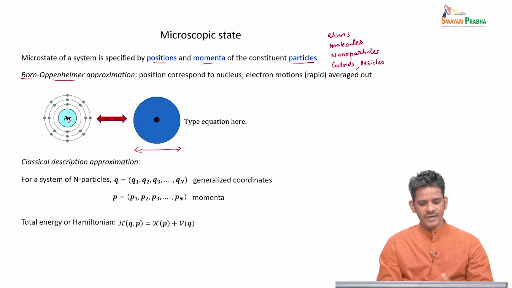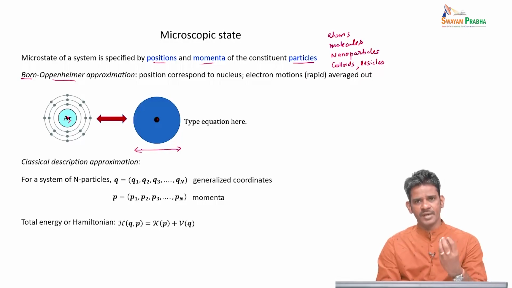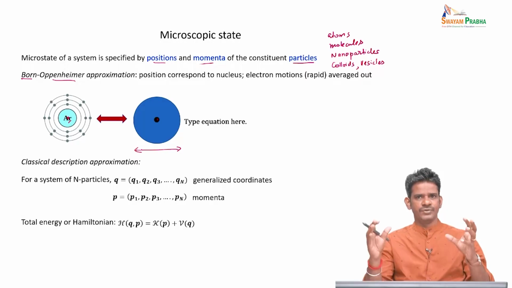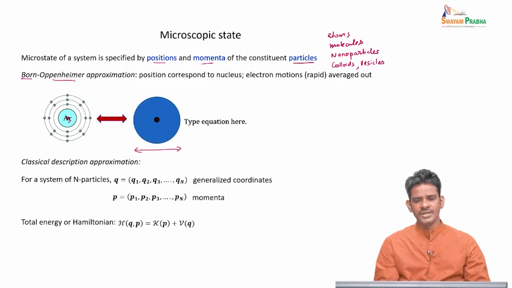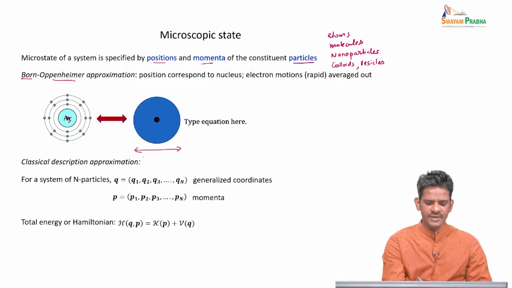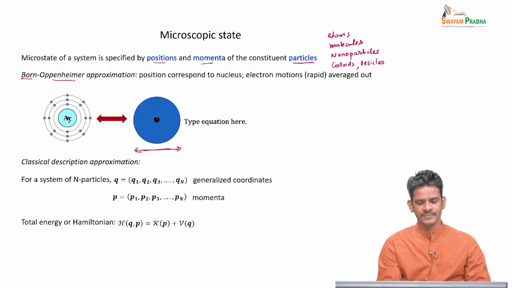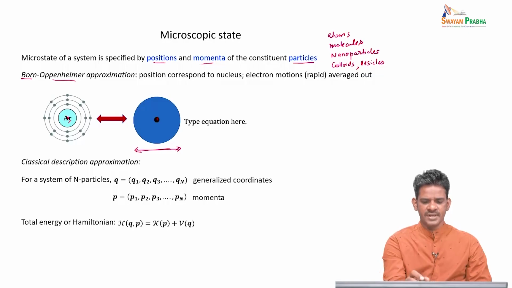You might wonder why we have to assign a size, because we are worrying only about the nucleus. So why should it have a size? You can understand by thinking about two argon atoms coming close to each other: the moment they start overlapping with the electronic shell, there will be a repulsion. This can be modeled as an excluded volume effect. So to account for the finite size of this atom, we give a particular size centered about the nuclear position here. This is what the Born-Oppenheimer approximation means, where the positions correspond to the nucleus,